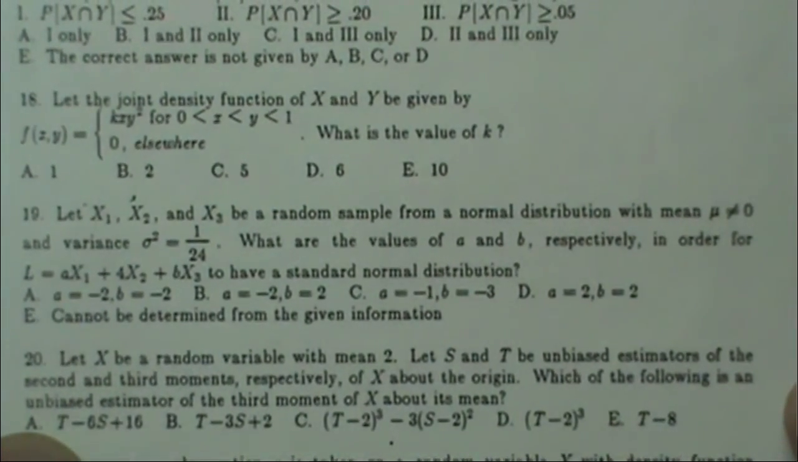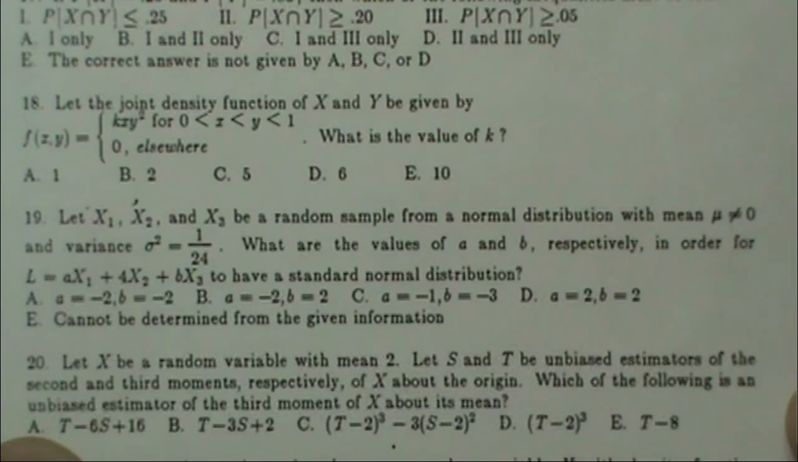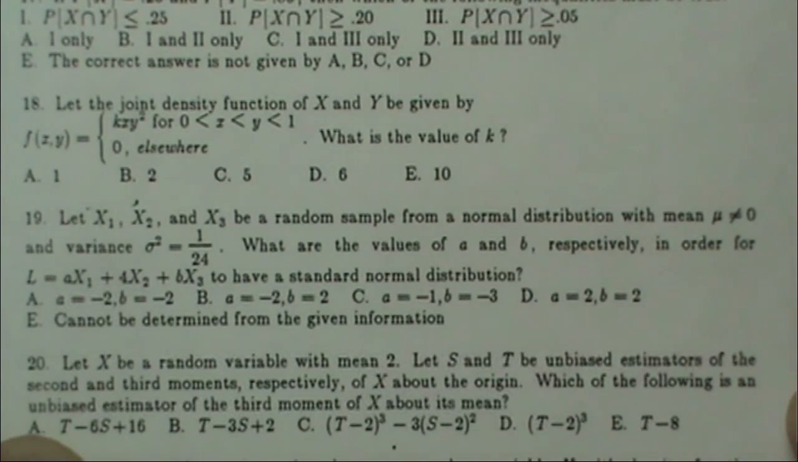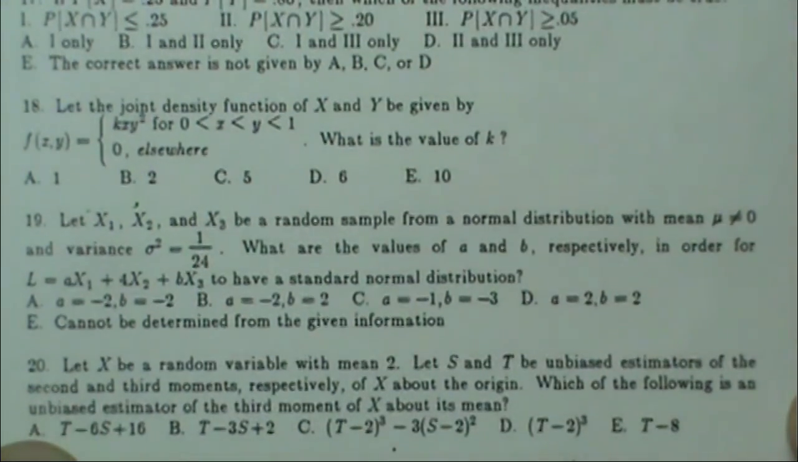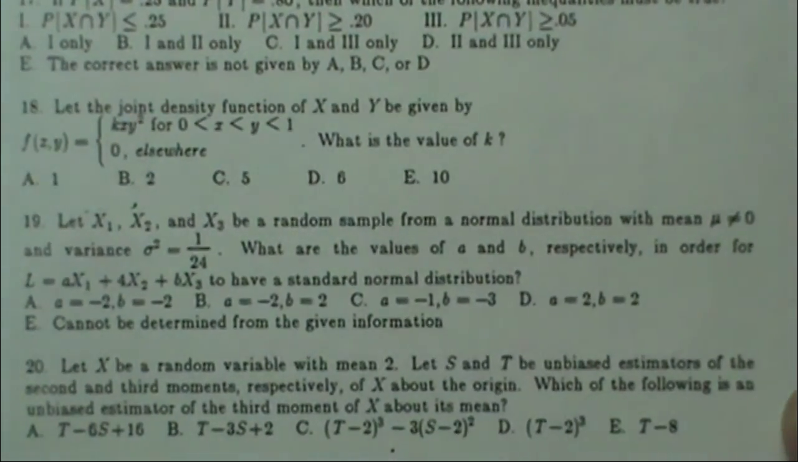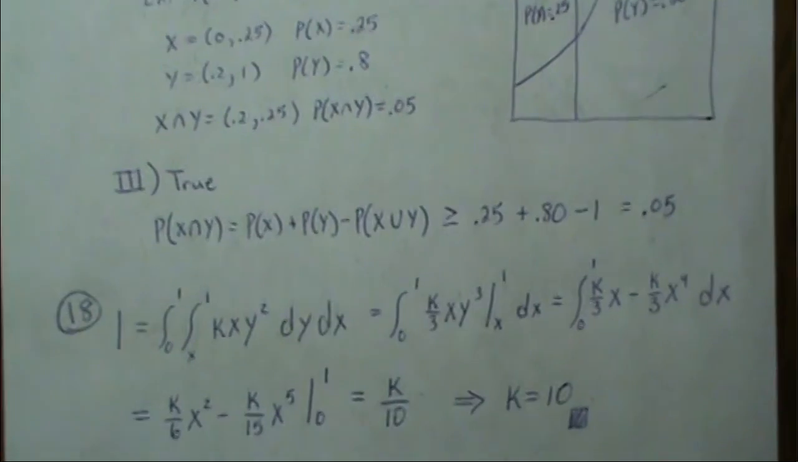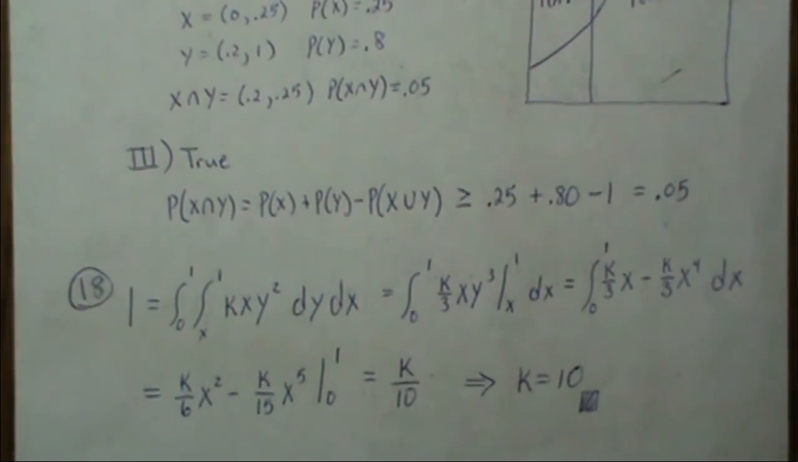Number 18. Let the joint density function of x and y be given by f of x, y equal to k x y squared, where x is greater than 0, and y is greater than x and less than 1. What is the value of k? Now, number 18,